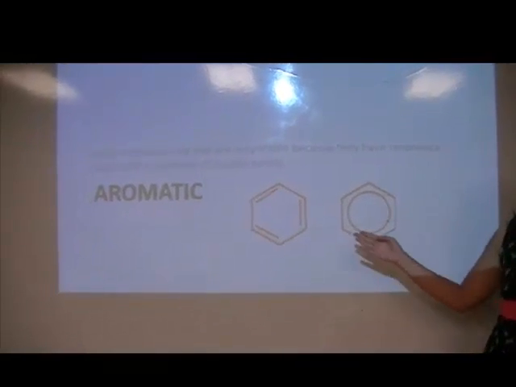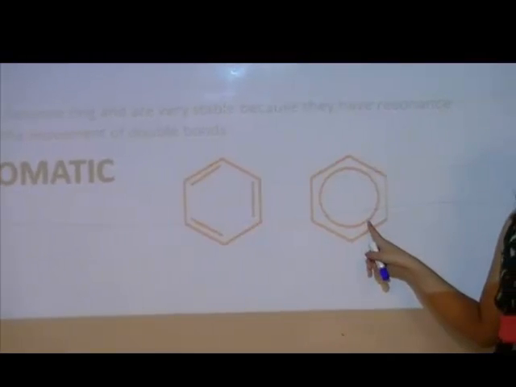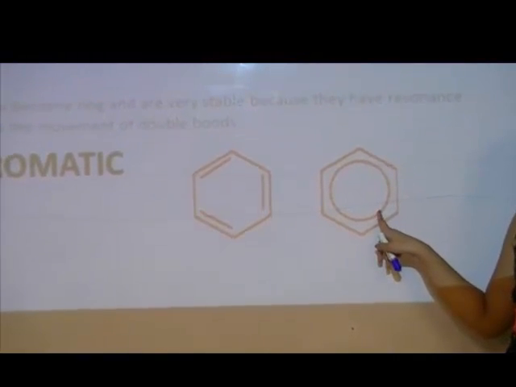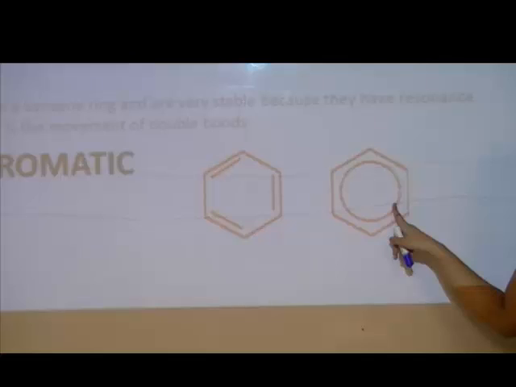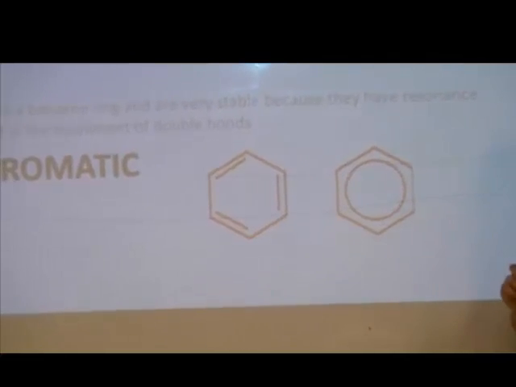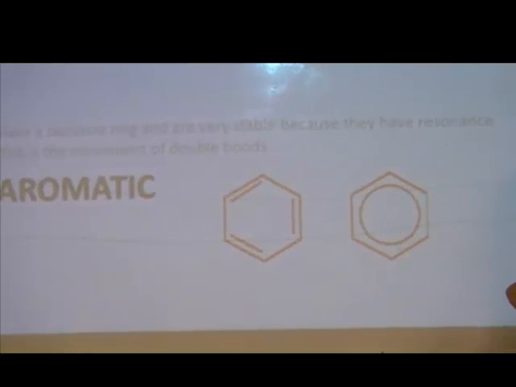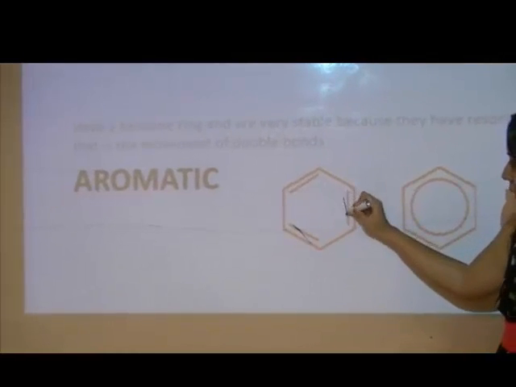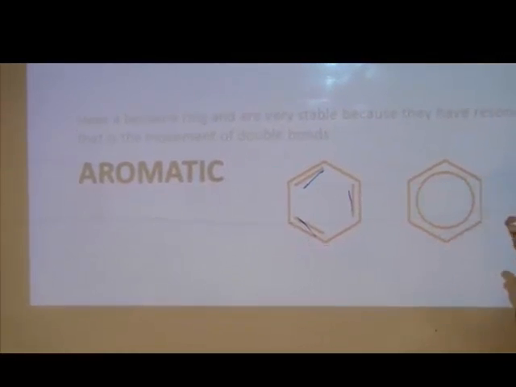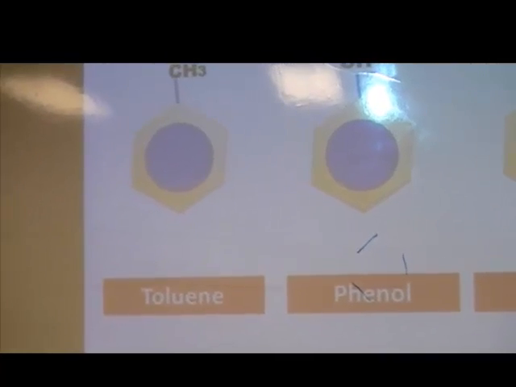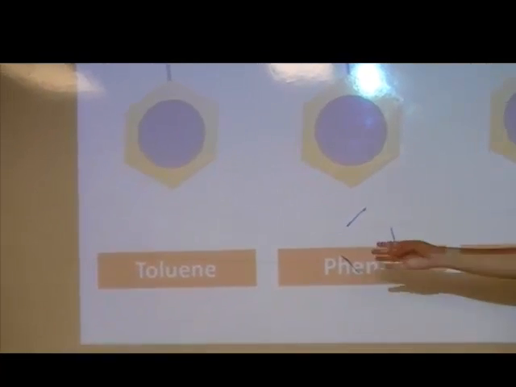They have a benzene ring with hexane. And also you can write it here to indicate that resonance, that is the movement of the double bonds. And it's important that you write that there are 3. If not, there will be a cycle. We have the common names that are toluene,